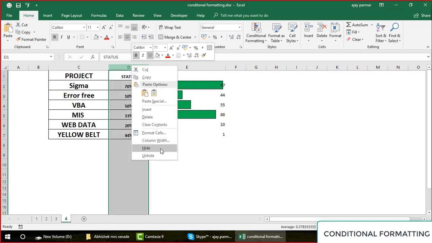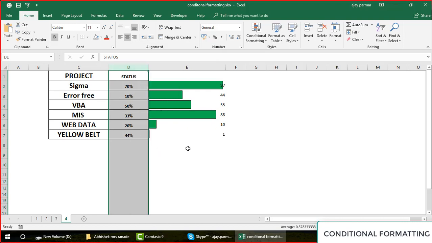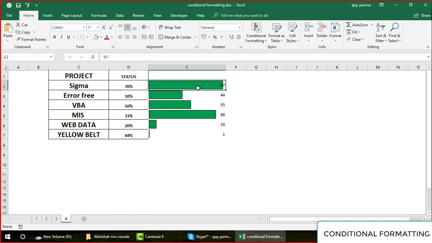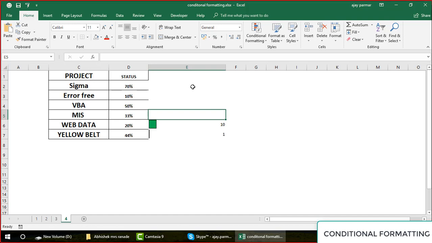Now the point is, you would say, but this is not related to my percentage, because here I'm writing some numbers. This doesn't show that this is 70% completed, obviously, because right now I did not link these cells with my graph here. I just wrote some numbers. I go and delete the numbers now. When you delete the numbers, your graph is also going to be removed, obviously, right?